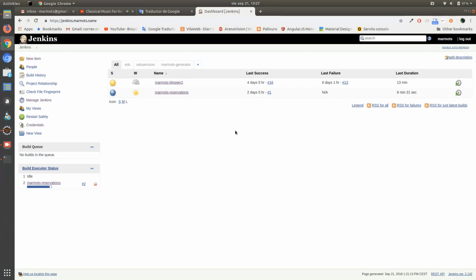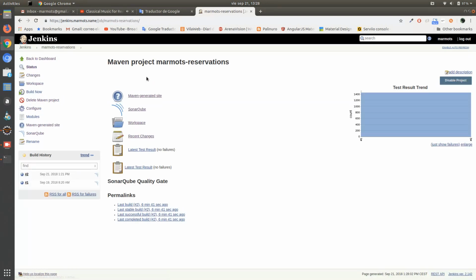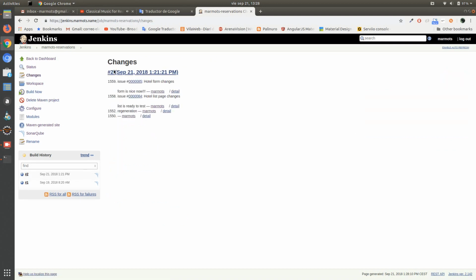It's finished. Build. It has finished. Hope success, as we only modify HTML. So we have our change log with the number 2 build, with the issue hotel form changes. Form is nice now. We can see it. We can see here the issue,